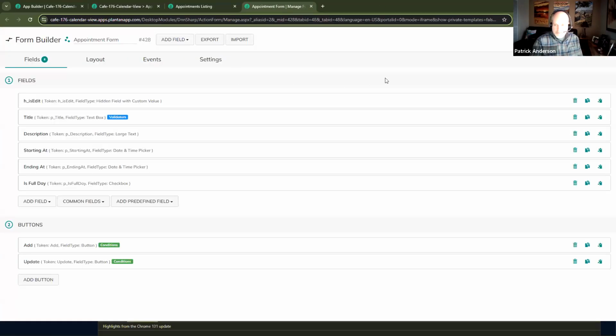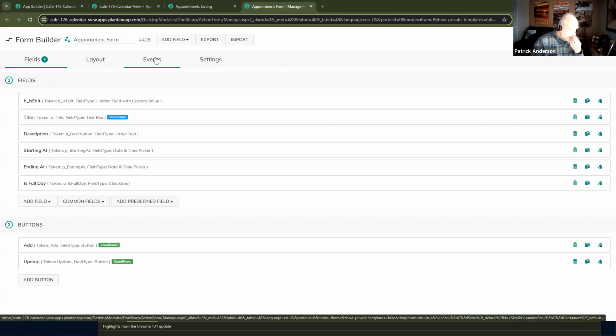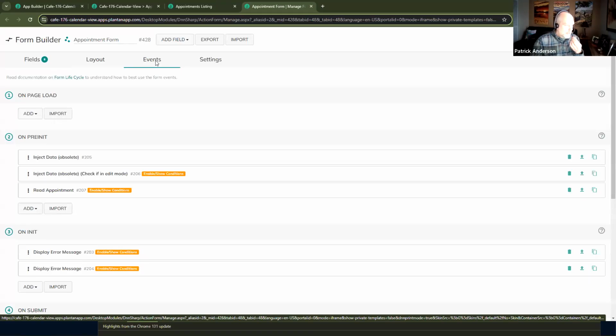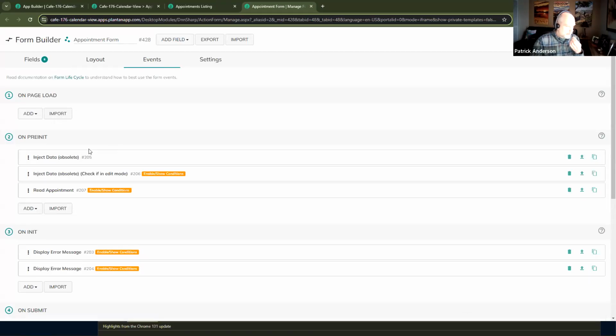And go to the event form, and I'm going to set this up so that when I make a selection, I'm going to be able to create a new event based on that. So going to the events tab, I'm going to